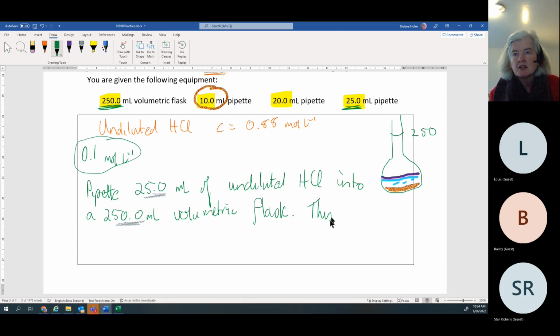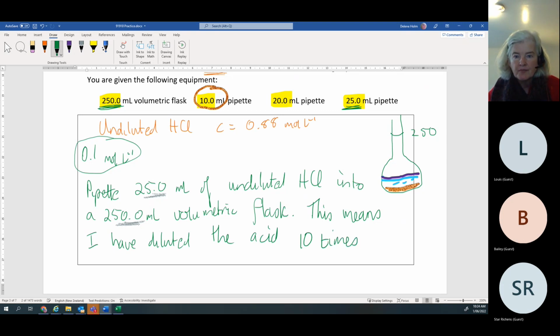This means I have diluted the acid 10 times. Okay. So that would be what you would write. Now, in the assessment task, you can do this by a calculation, and in the teacher